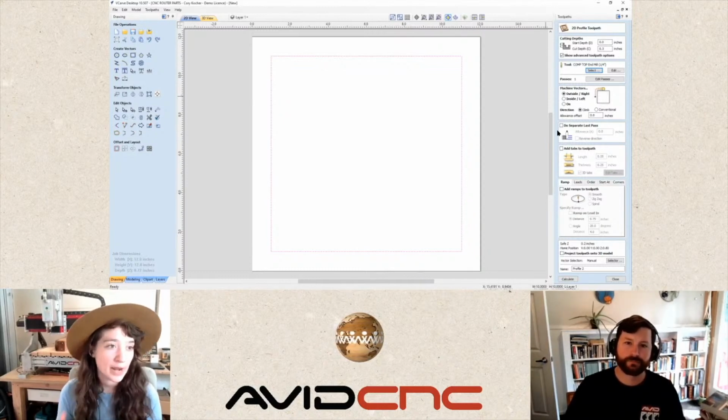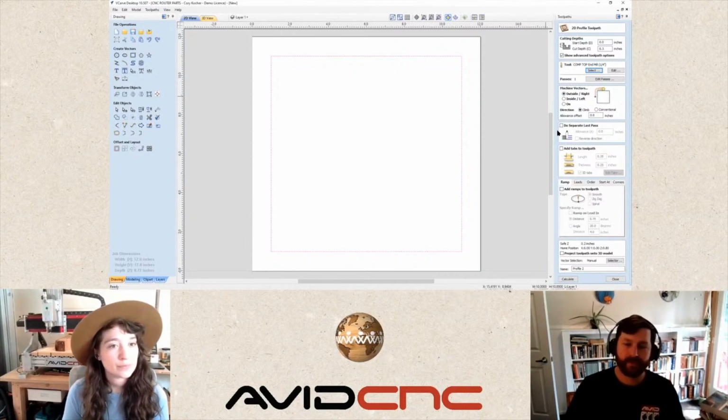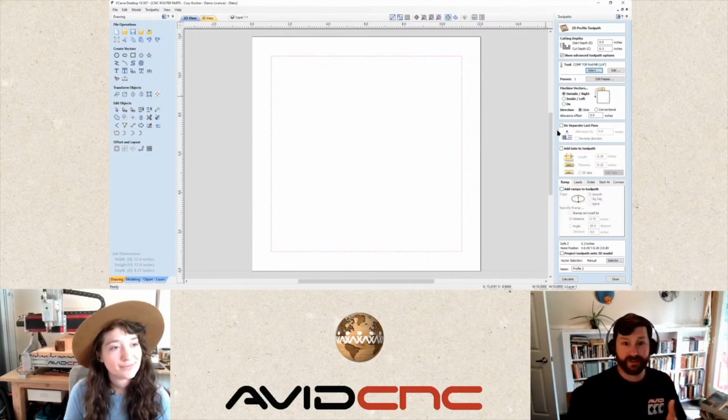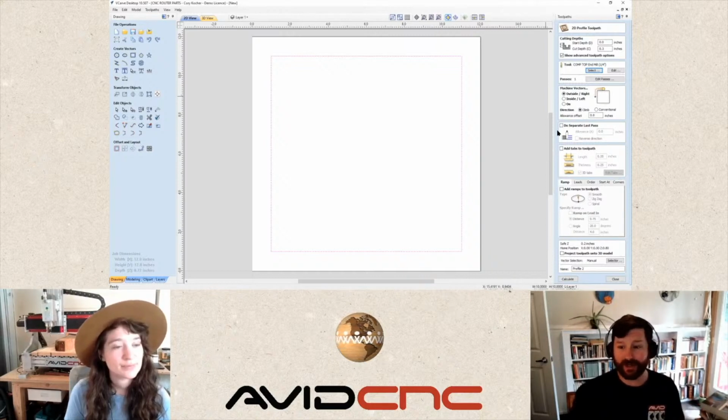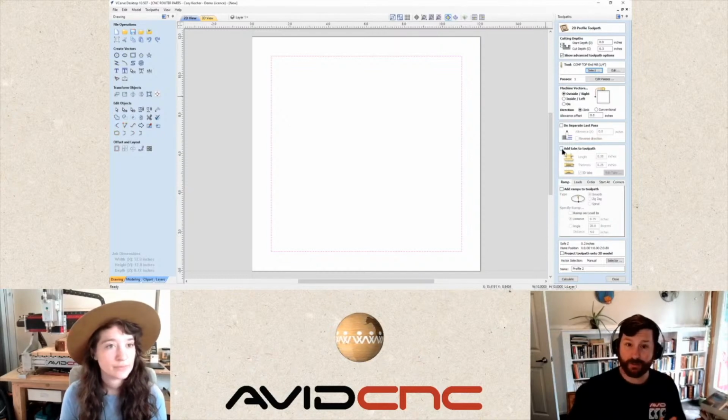So plywood, I'm not as concerned about that as an issue, but it is a nice thing to reach for if you prefer. Yeah, and other types of operations. And with plastics, a separate last pass can be really, really beneficial. So we'll talk about that in a little bit. But we do not need a tab on this particular toolpath, but I do want to add both a ramp